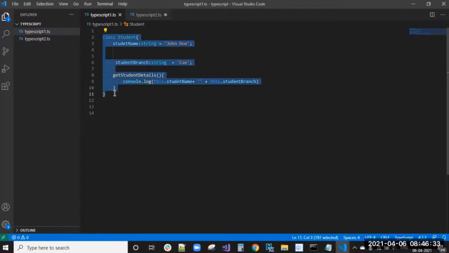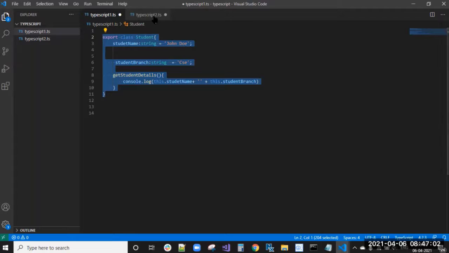So to make it a module, we can just add export in front of that student class. Just add import or export, then it will become a module. When you have added export or import, that should be considered as a module. So export class student, if I do like this, then it will become a module.